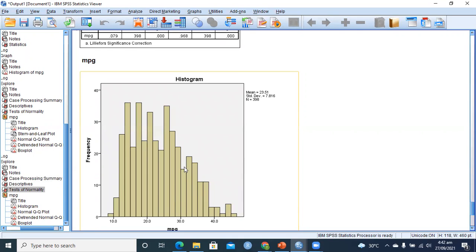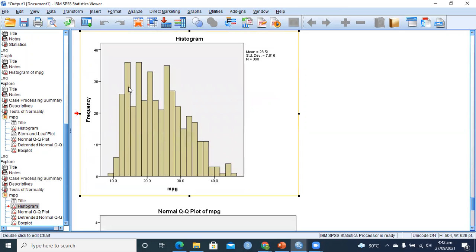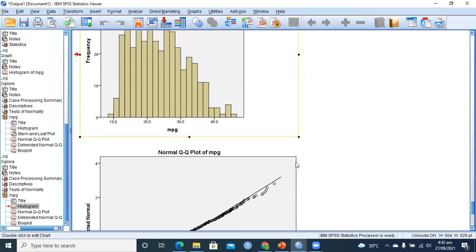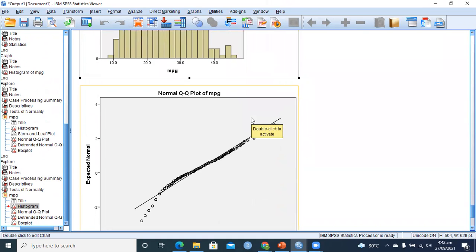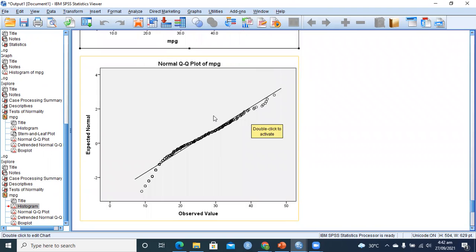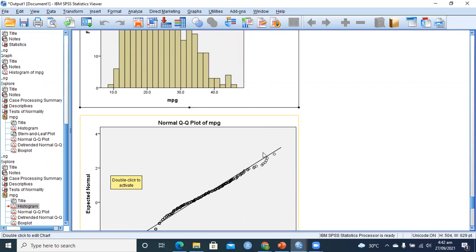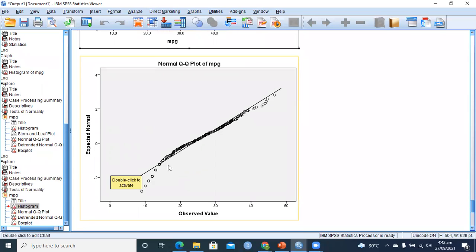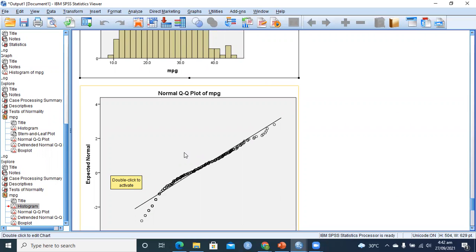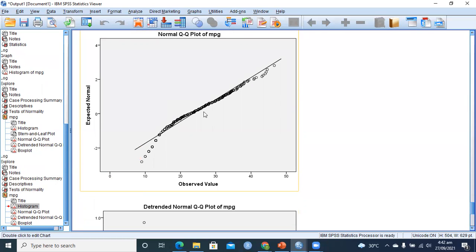And yes, you can see from this picture that this is right-skewed data, and there is not a single peak. There are multiple peak values in the histogram, so it's not a perfect example of normally distributed data. This is another type of plot, which shows that not all the points are lying on the straight line. There are a few points away from the line on the left-hand side and a few on the right-hand side. If some of the points are not on the straight line, that means the data does not follow a bell-shaped curve or normal distribution. This is the QQ plot.